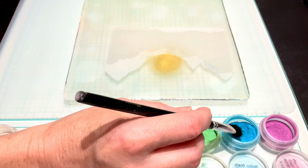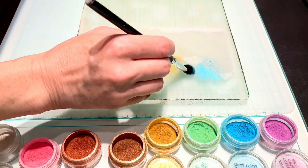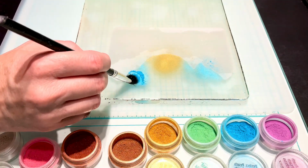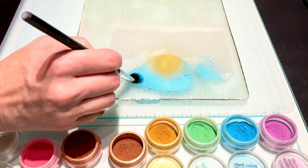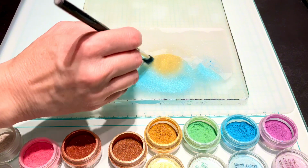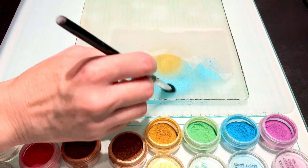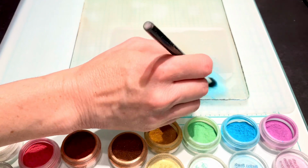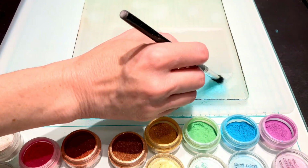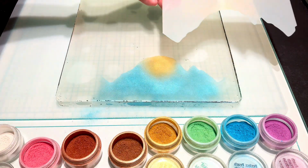part. So I'm going to use the blue, and I'm going to be careful not to mix the blue and the yellow so I don't get green, but I do bring the blue right up to about where the border of the sun is, and then just making sure that I cover a lot of the top part with the blue, just to make sure it's going to have a nice shine to it when I put the paint over the top of it and pull the print. I just didn't want to have spaces that were left